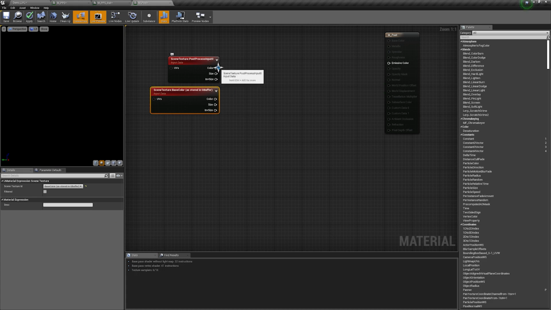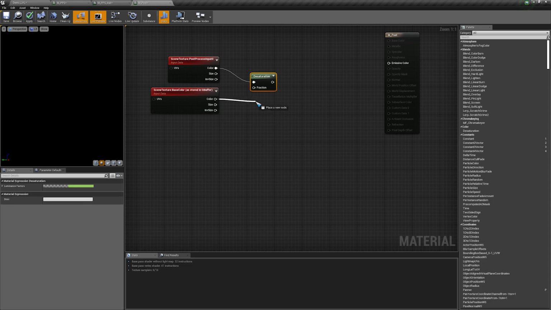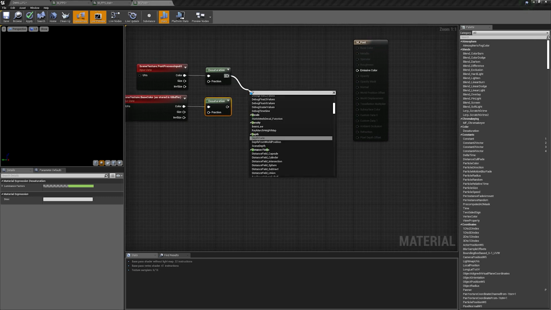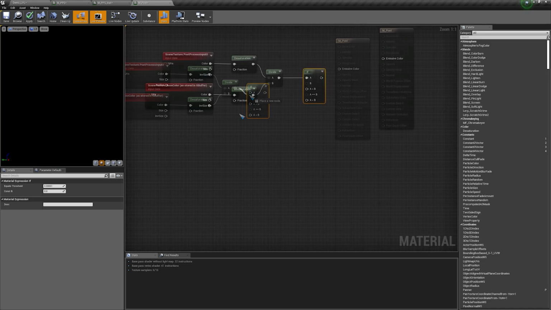Then here we can just desaturate this. So this will make it black and white. So it will be a linear value now. There won't be any color information. Now if we divide this by this and then if we get an if node, and now we can get